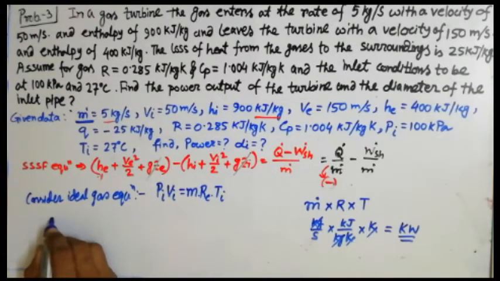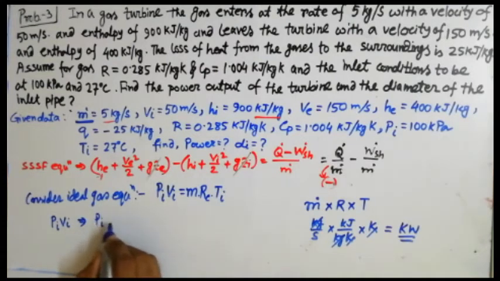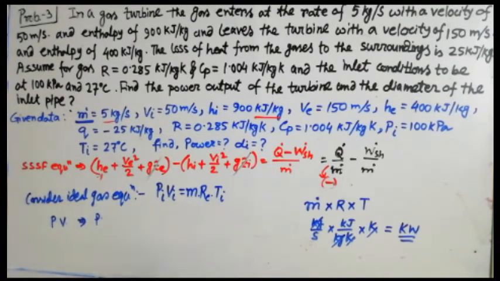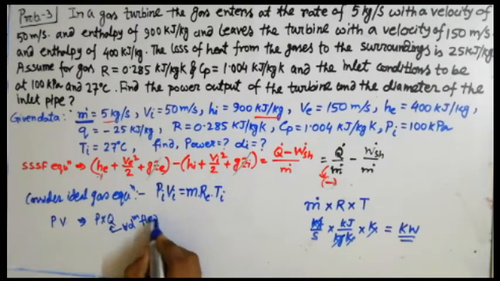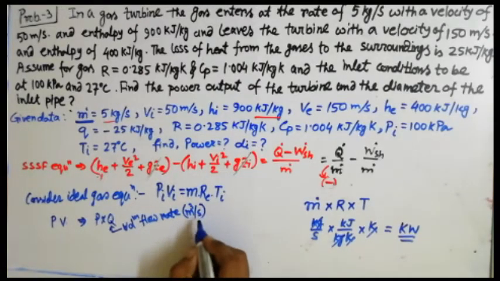So obviously the left hand side will also reflect the same unit, kilowatt. Instead of Pi Vi, I am just excluding the subscript i now, so it does not create confusion. Instead of PV, if you replace it by PQ, P multiplied with Q. What is Q? Q is nothing but volume flow rate. What is the unit? Obviously the unit is meter cube per second. How much volume is flowing per unit time, that is volume flow rate.